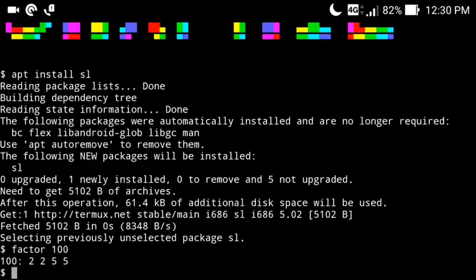The third command is very useful for those who are heavy users of the Termux app and also need to type very long commands on it, because it is very painful to type them again and again. So I am going to show you how to type any particular command in the Termux app in the easiest method possible. To do this you need to install a package, and after that just run a particular command.